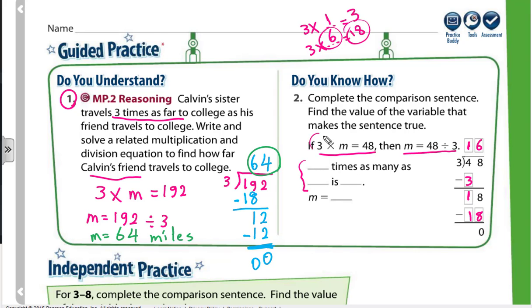How many times 3? 3 times as many as what? Equals 48. Okay. And we solved it and we found that M equals what? M equals